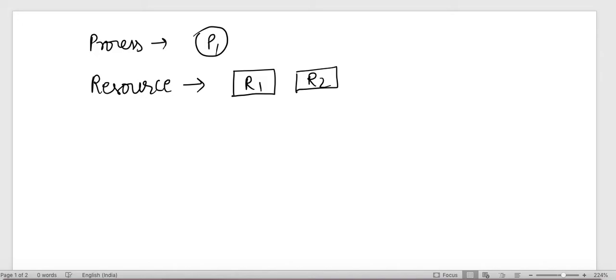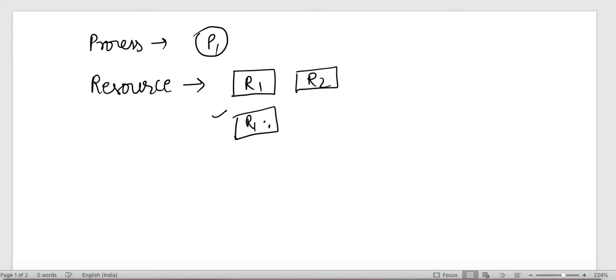And let's suppose R1 has more than one instance. Then what will we do? We will simply write R1 and then a dot. It means one instance of R1. Two dots mean two instances of R1. Got it? Then we have